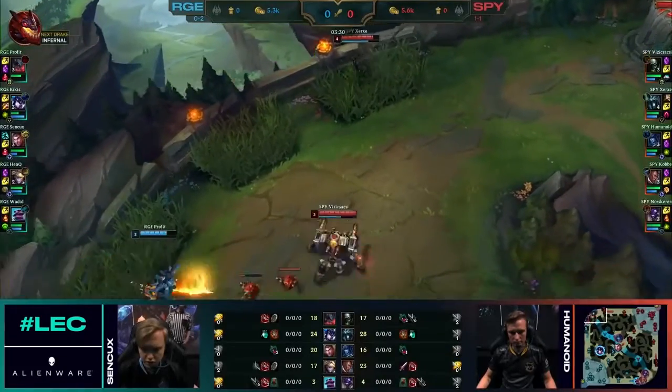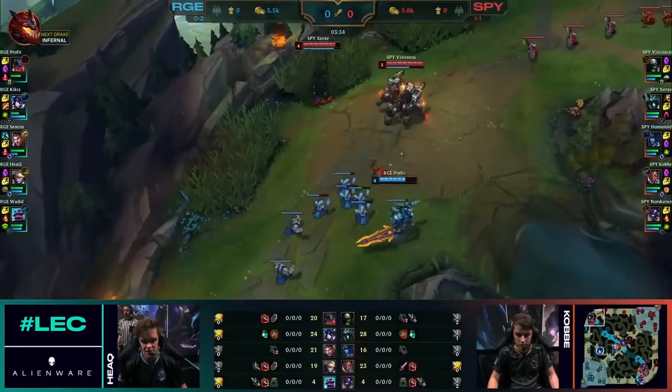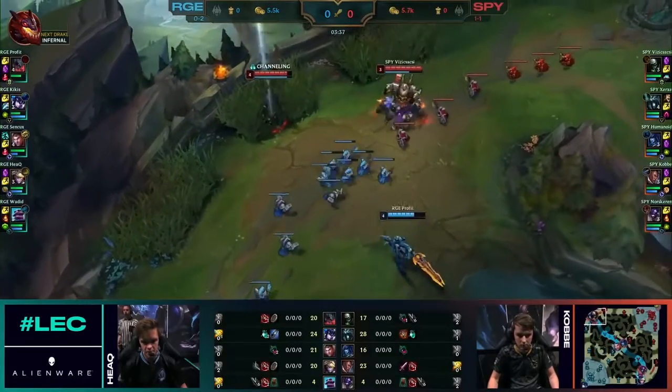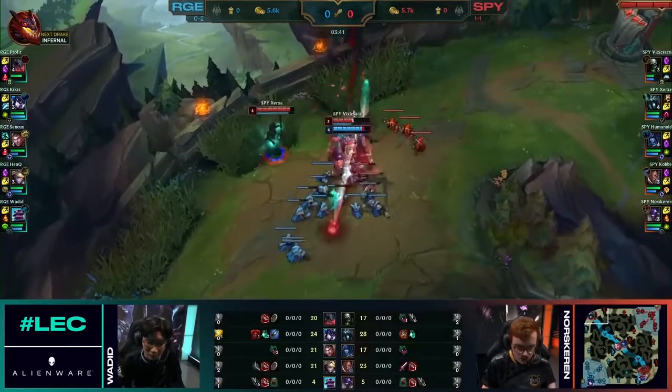Xerxes looking for an early-ish gank up towards the top side. We talked about how this is a skill matchup between the Urgot and the Aatrox, but as soon as you make it a 2v1, it becomes a little bit harder. Prophet pathing down towards the bottom side. A lot of minions here, but as soon as Prophet uses his final Q, you have to think they'll go